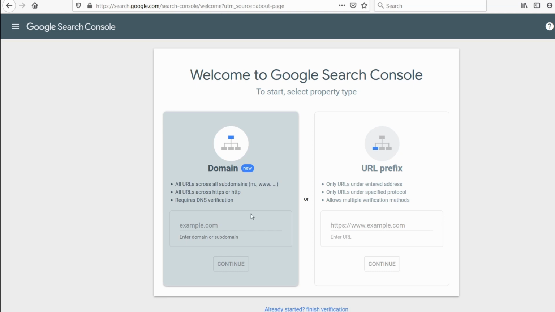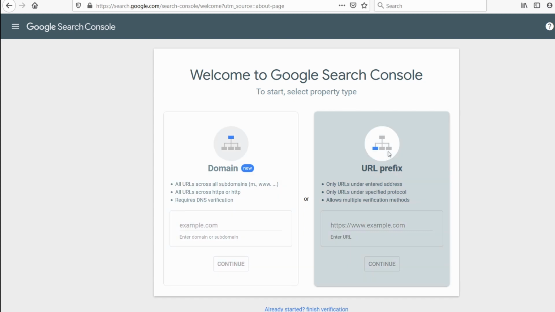Basically, the left one, I find it's a bit harder to set up, but maybe in the long run, it's a bit better. Since you're just starting out with websites, I would go with URL prefix. It's much quicker to set up and also verify. And we're going to use the URL prefix. But if you still want to try the domain, I have a video how to do it on HostPapa, and it will